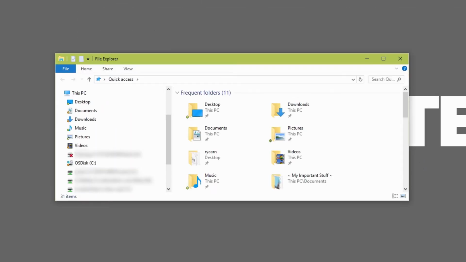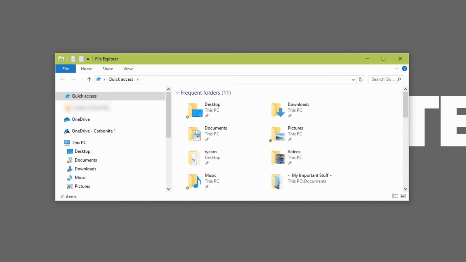To explore the files on your computer, you would use File Explorer. To open File Explorer, you can click the folder icon in the taskbar, or press the Windows key and E keys on your keyboard at the same time to open a new Explorer window. File Explorer allows you to click through your drives, folders, and subfolders to get to the files you want to